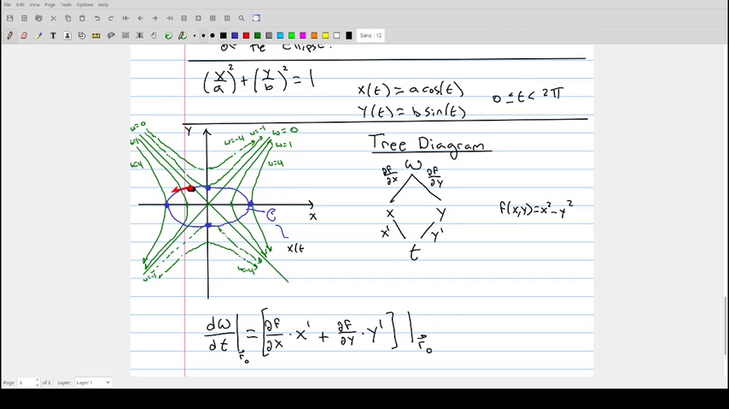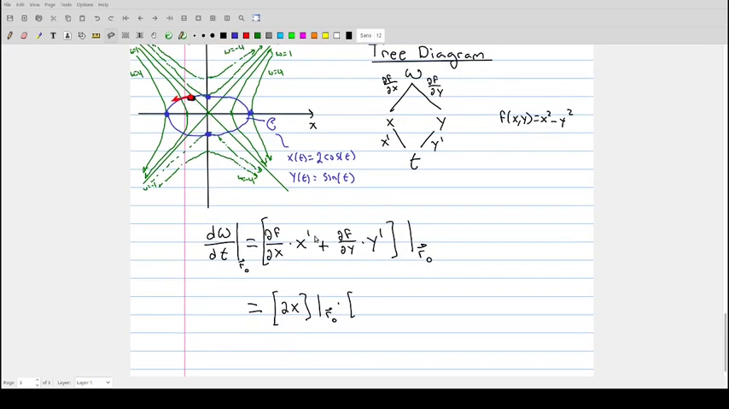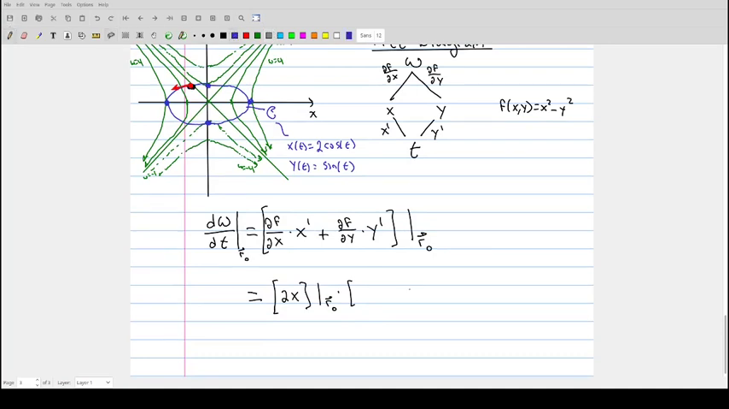So x of t is equal to 2 times cosine t, and y of t is equal to just sine of t. So that means that x prime, or the derivative of x of t, is going to be negative 2 times sine of t. Again, this is evaluated at that point R naught,